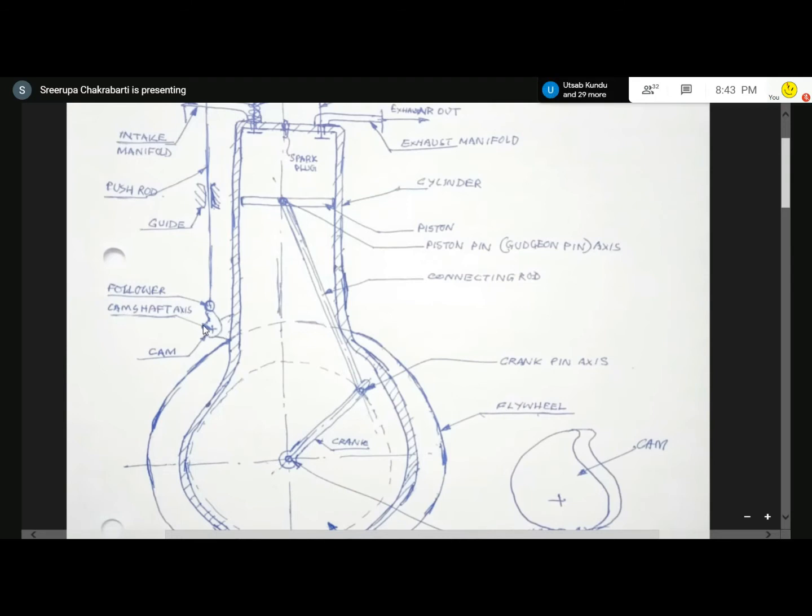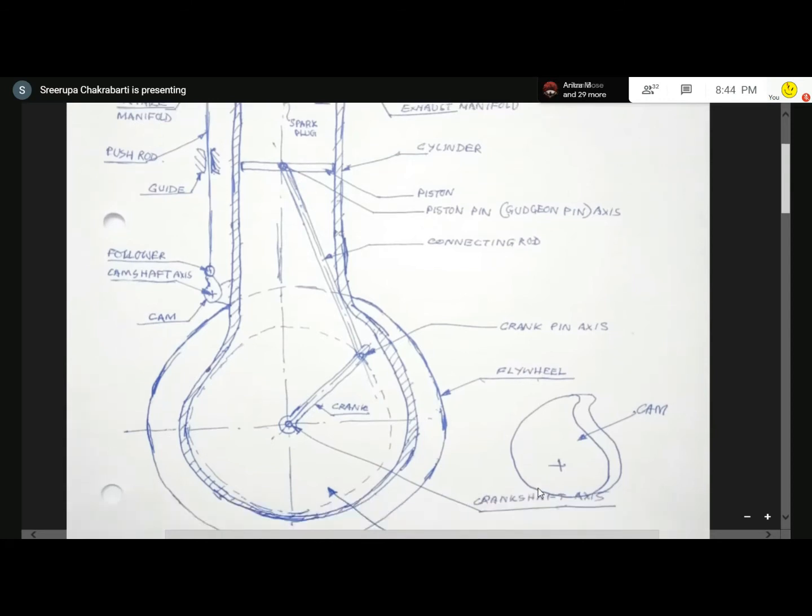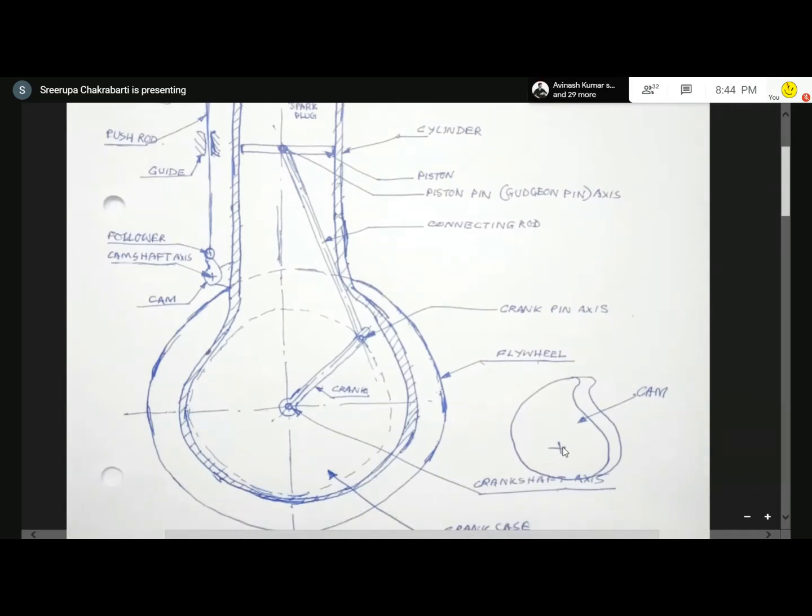And this camshaft is a shaft which houses a cam. Here also I have shown you a cam in enlarged view. This cam is basically a programmed disc, and not a circular profile disc. It is having a profile on this side. This portion is an Archimedean spiral. You see, from the center of the plate, the radial distance increases. Here it is minimum,